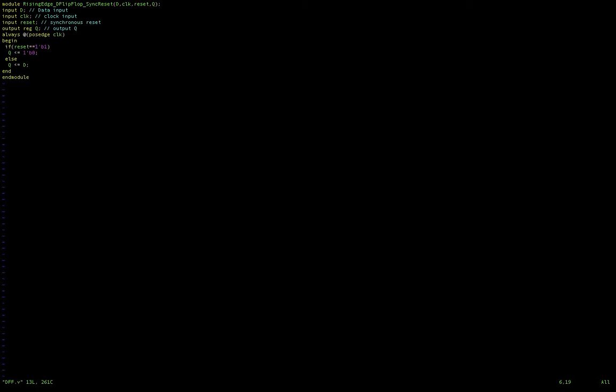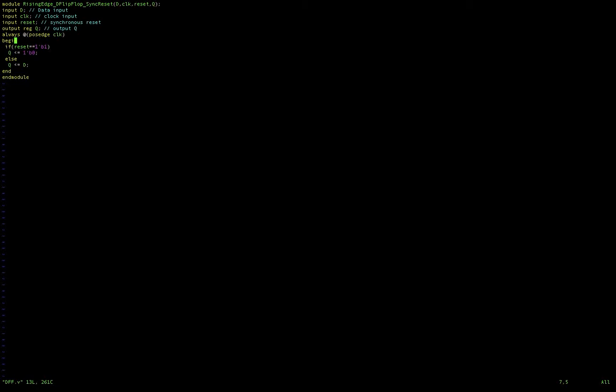This always block is sensitive to the clock, and especially to the positive edge. So we are designing a D flip-flop which stores the data on the positive edge of the clock. You have studied two types of D flip-flop, positive edge triggered and negative edge triggered. Here we are designing a positive edge triggered D flip-flop.